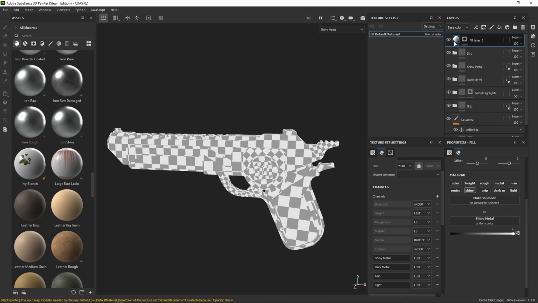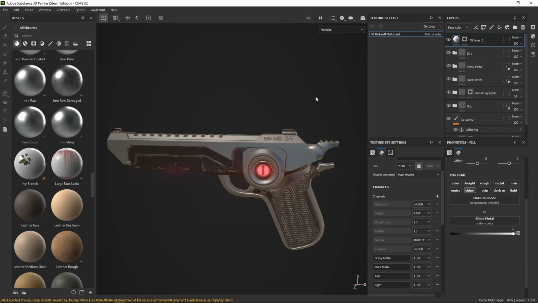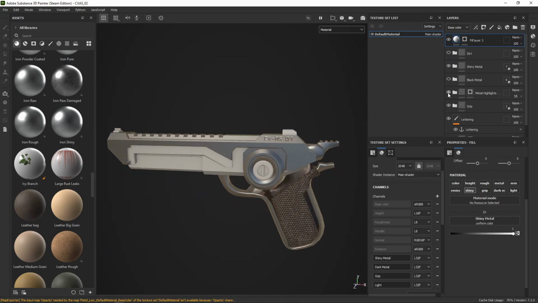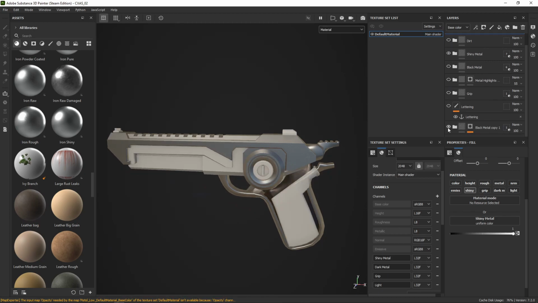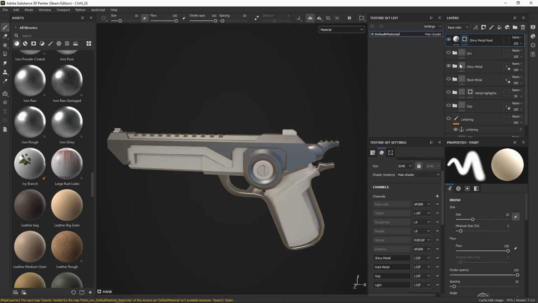It's completely blank. So let me go back to material. Oh, that's metallic. Let me go back to material. And what I want to do is I'm gonna go ahead and turn off every layer except for the shiny metal layer. And that is all of that. And I'm gonna name this shiny metal mask. Naming doesn't matter. I just like to stay organized, and it makes things better in the long run when you got 1,000 layers in here. So for our black mask, we want to go ahead